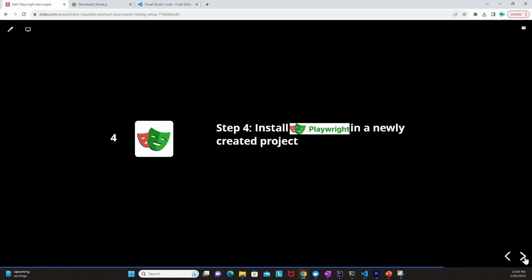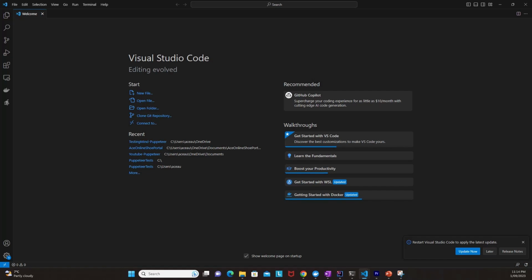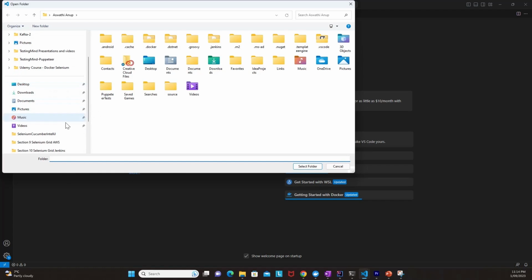in a newly created project. All right, so for step number four, we have to create a folder in which we will install Playwright. For that, in Visual Studio there are different options over here: new file, open folder, clone from Git repository. Now we are trying to create a new folder locally. So I request you to click on open folder and then directly go to C drive,